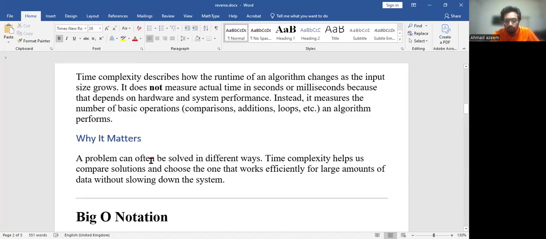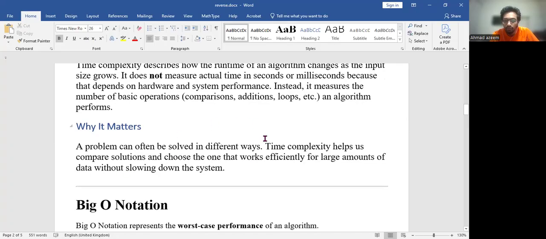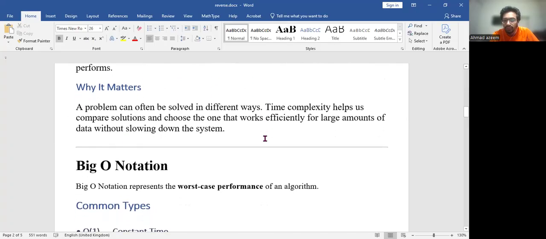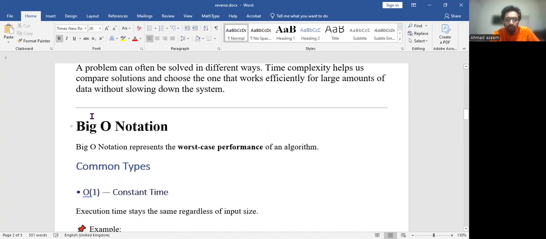A problem can often be solved in different ways. Time complexity helps us compare solutions and choose the one that works efficiently for a large amount of data without slowing down the system. So we need an efficient solution, as I told you. Here comes one of the important terms